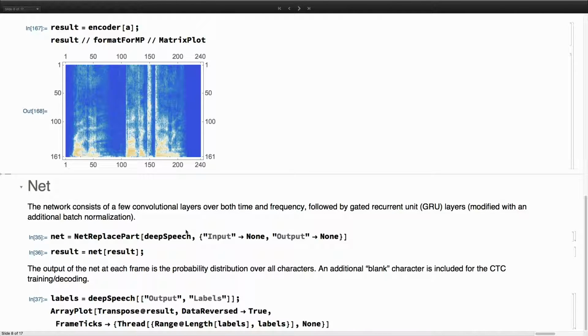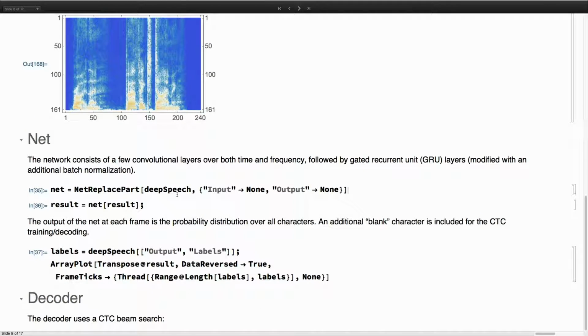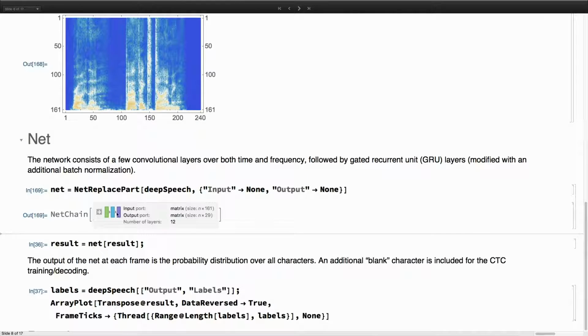The network has a few convolutional layers at the beginning that are followed by some custom gated recurrent units that do most of the work. So here we go. This is the raw network that just grabs the spectrum as an input, and it outputs per each time frame the probability distribution over all characters.